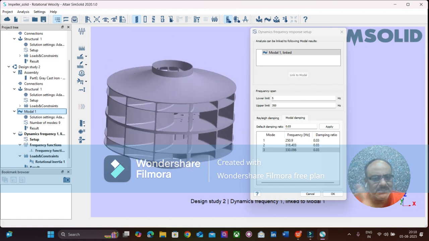And now each member is designed uniquely and for a specific purpose, and that also we saw in the previous simulations. This is the crown which is made for taking the tension loads, so all those clearing stresses that come onto the junction between the crown and the shroud will be taken care of. Now there is going to be a huge amount of pressure load induced onto the vertical member, that is the blade. Now the thickness of the blade is reduced so as to reduce the total weight,